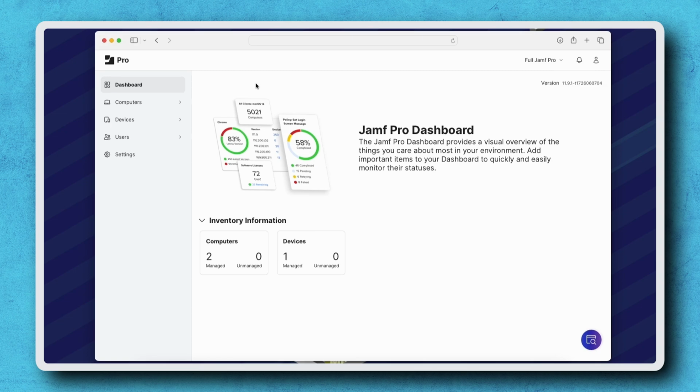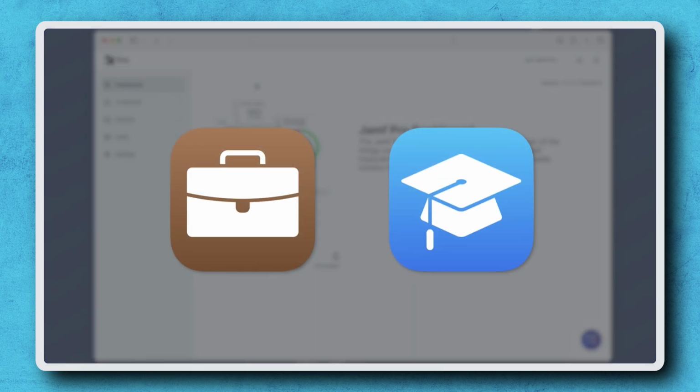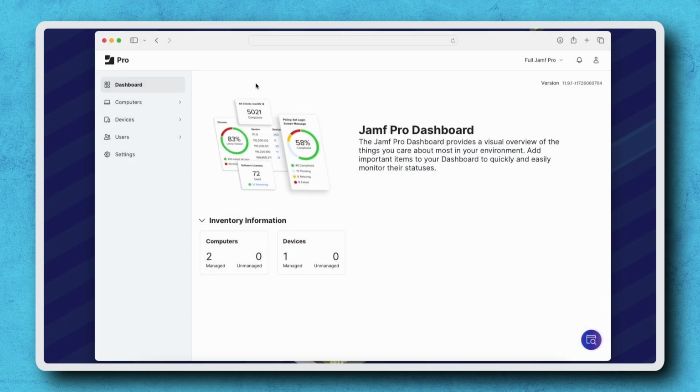I've found that those devices have been donated to a local school, and I need to remove them from our inventory. Before I do, it's a good idea to remove any devices that are no longer going to be used from your Apple Business Manager or Apple School Manager. This will prevent those devices from accidentally being re-enrolled in our instance through automated device enrollment, since deleting them from Jamf Pro does not automatically remove them from Apple Business Manager or Apple School Manager. If you have questions about removing devices from Apple Business Manager or Apple School Manager, check out the links in the resources. I've already removed them from our Apple Business Manager, so it's time to delete them from Jamf Pro.